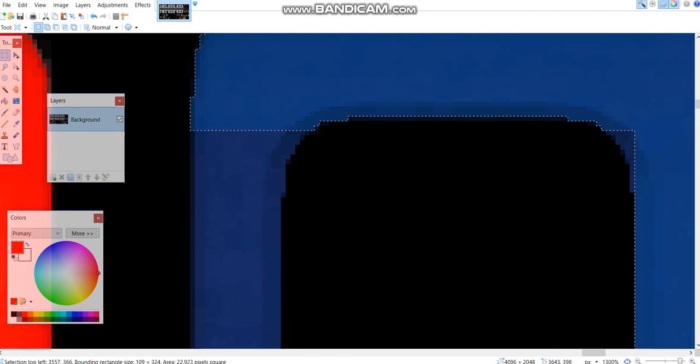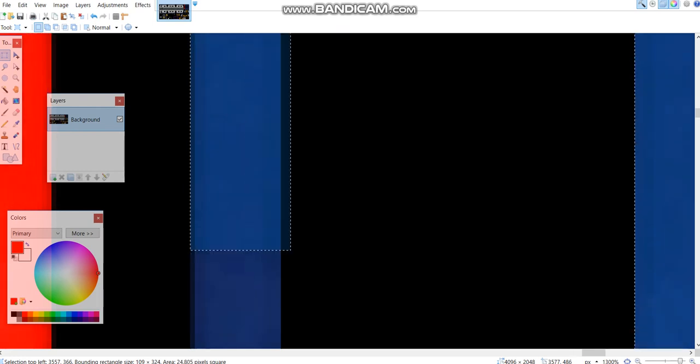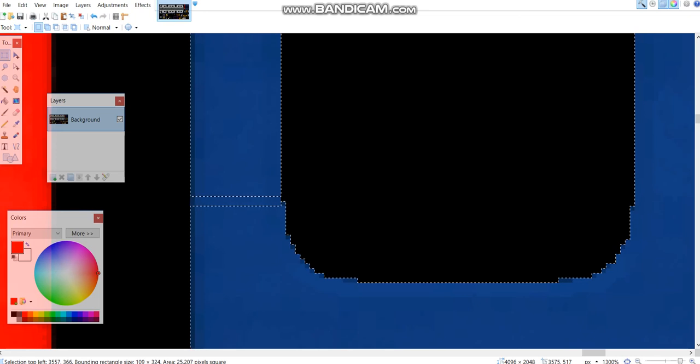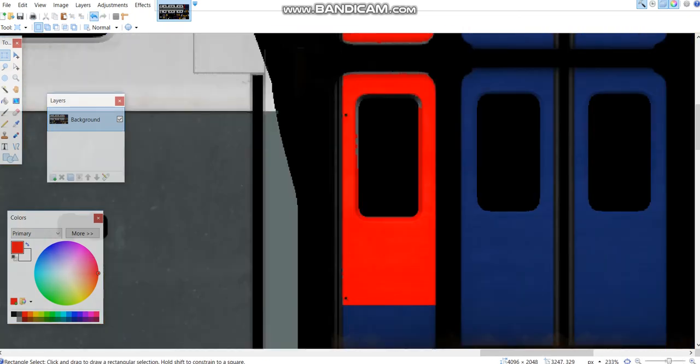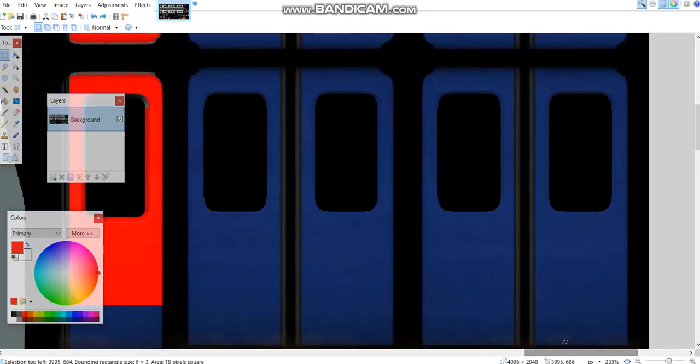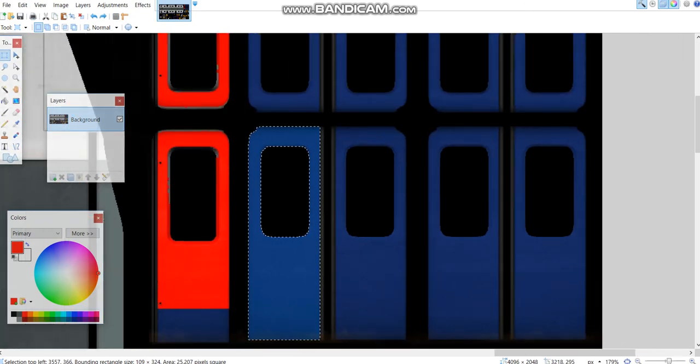Apologies if this video is long, because it's taken me about 20 minutes, but like I said earlier on, reskinning isn't just a 5 minute job. You need to do the files, otherwise if you just go on RW Tools, convert the texture file to DDS, you're just going to paint the original thing, and you want to keep the original, otherwise you might have to reinstall the train and that would not be good. So now we've selected that door,